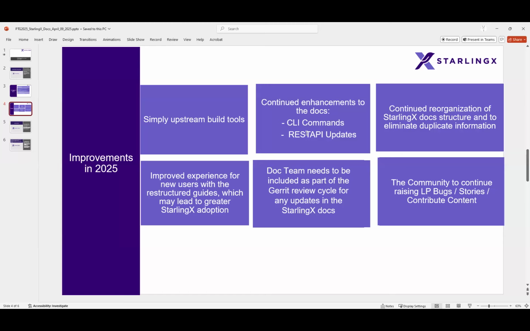There's some continued enhancements on the CLI commands. They're looking at auto-generating the CLI commands from either the code or online help, as well as there's been work on improving the REST API updates. Some other